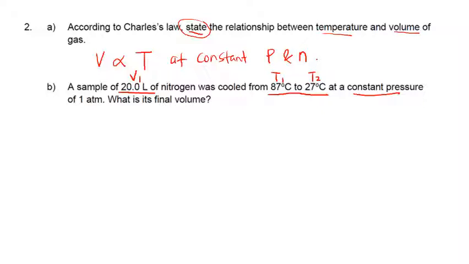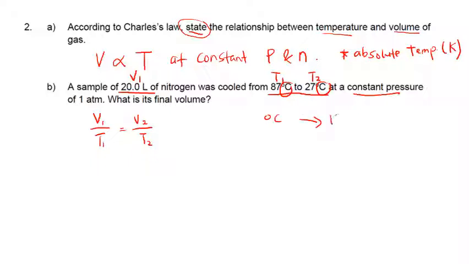The formula for Charles' law is V1 over T1 equal to V2 over T2. If you still remember, just now we said the volume of the gas is directly proportional to the absolute temperature. Absolute temperature means that the unit of the temperature must be in Kelvin. But in the question here, they give us degrees Celsius. So you have to convert degrees Celsius to Kelvin by adding